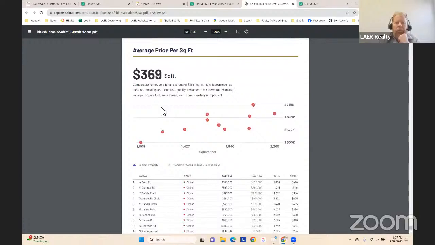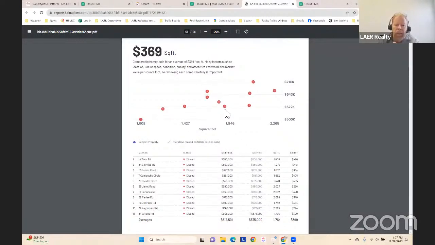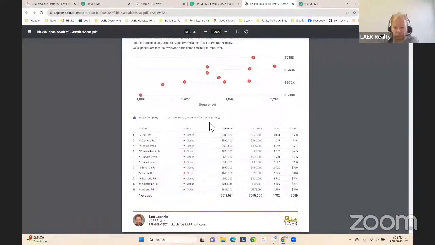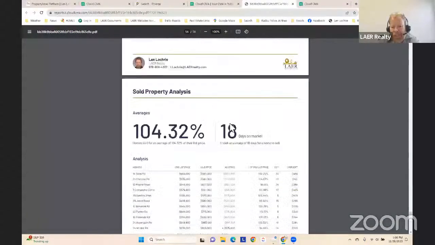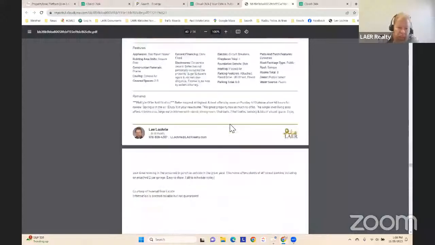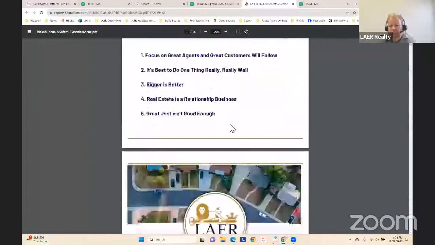So this is the average price per square foot. And if you look at this, it gives you kind of a graph, and you can come in here and say, you know what, Mr. Seller, this, which is your home, is like around 1,500, and you can probably put a dot right there that represents your home. So you would be selling for around 580 or so. So this is the traditional CMA as a PDF, and that's what Cloud